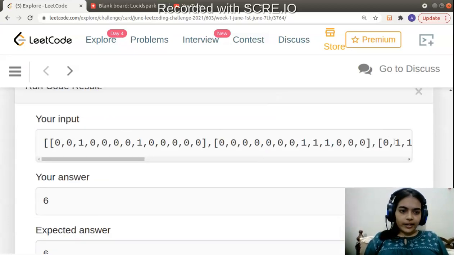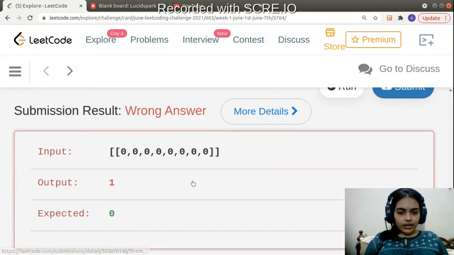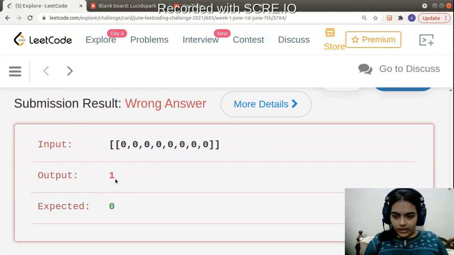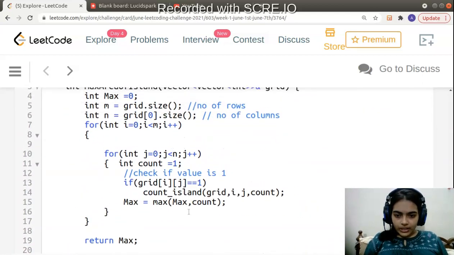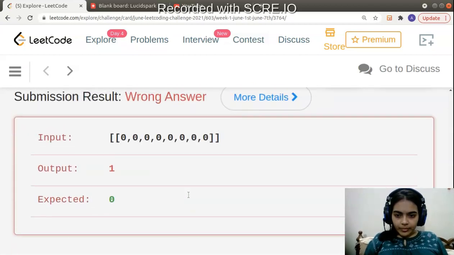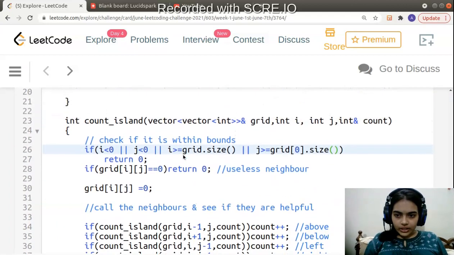It's fine, and let me just submit and see if it's working. Not really, because there is a wrong answer. My output is 1, but expected is 0. In this condition, unfortunately, count is becoming 1.